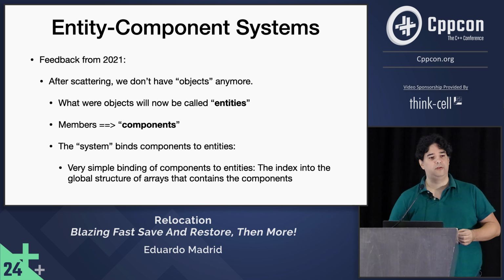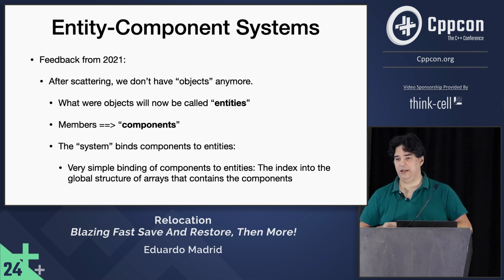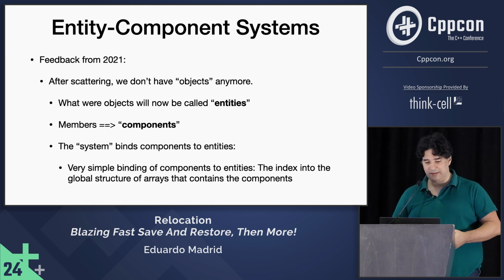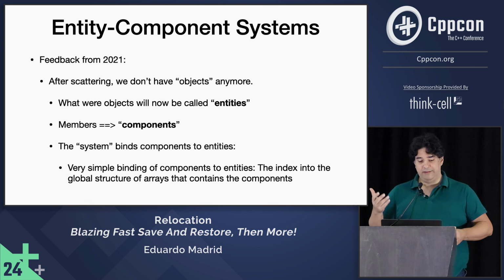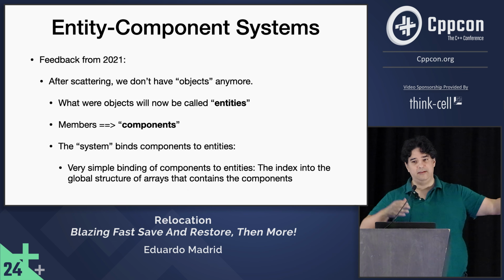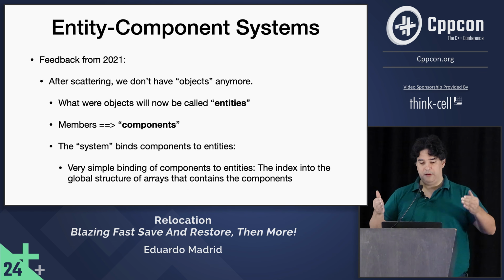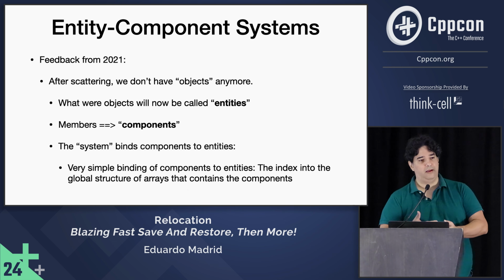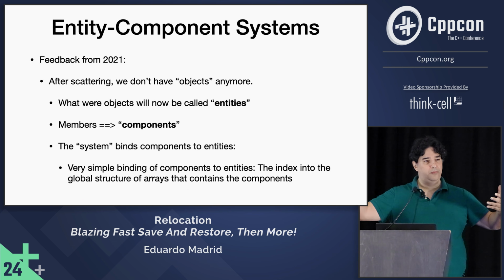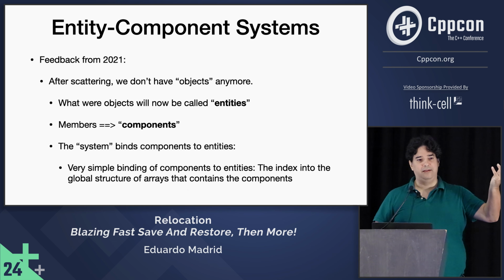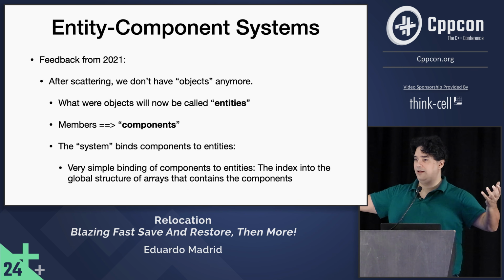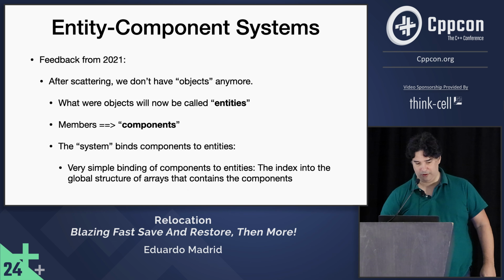That's very easy to understand language, and I don't need to stress too much the fact that I am a newcomer to entity component systems. And there is a third thing, which is the system, which is what binds the entities to their components. I have just introduced that the primary way in which an entity is bound to its components is because the entity has an index, and the index is what binds the entity to the individual data members that you want it to have.